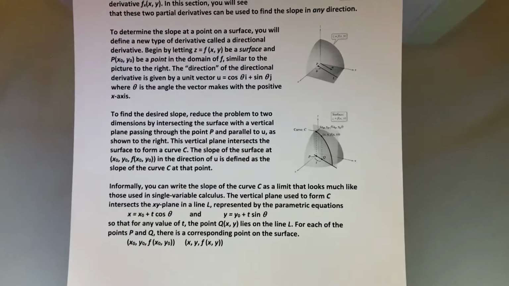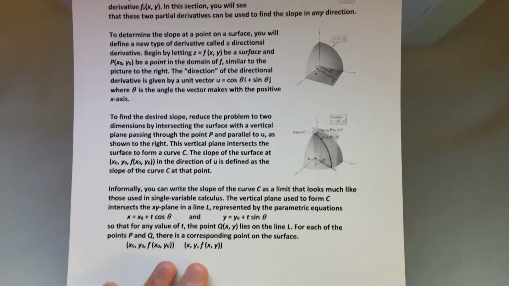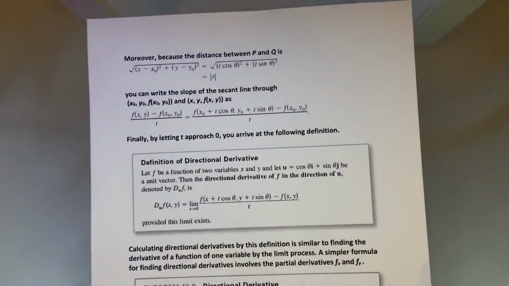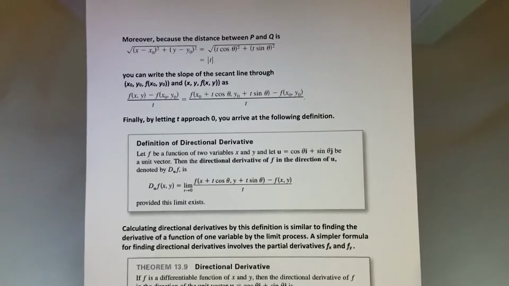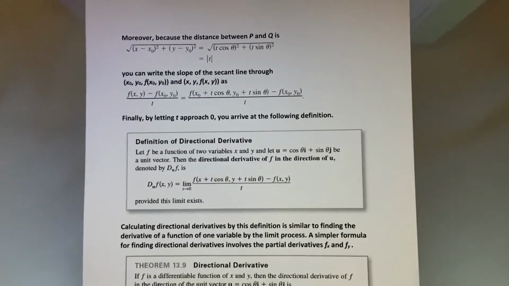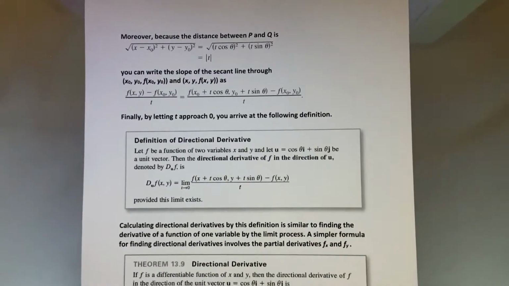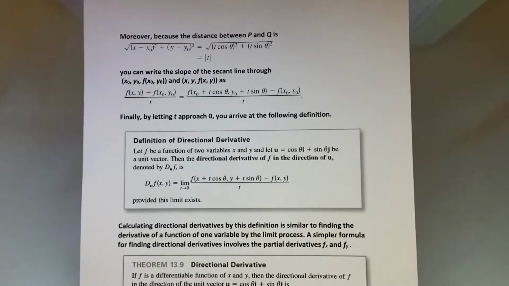And cosine and sine work out really nicely because they don't change the magnitude of the direction you're moving, because cosine squared plus sine squared is 1. So if we look at going from the point x naught, y naught, f of x naught, y naught, to x, y, f of x, y, we can look at a few equations and how they change on page 2. The distance formula is still the absolute value of t, which is what we want. The slope of the secant line can be written, and by letting t approach 0, you can arrive at the